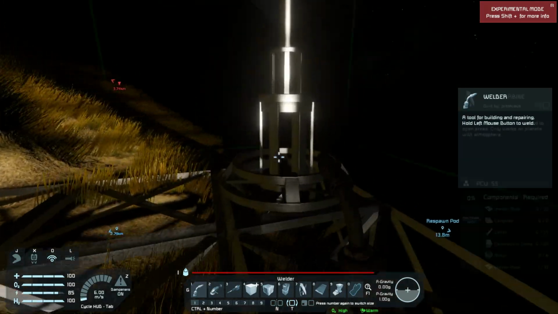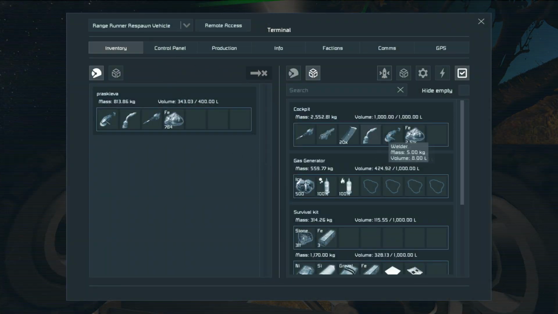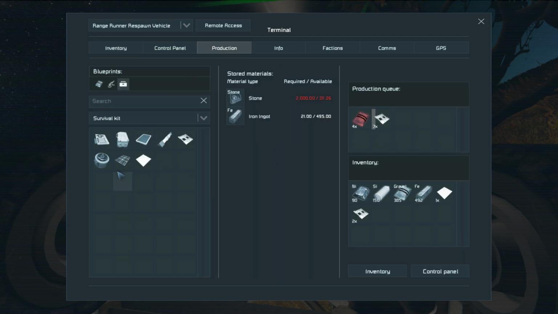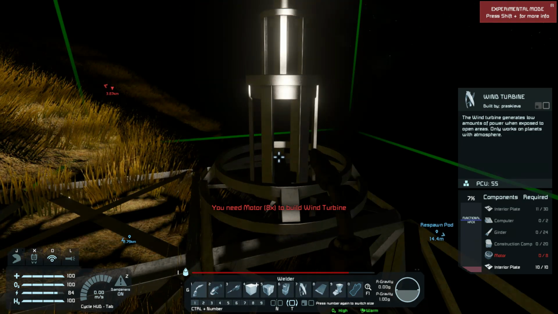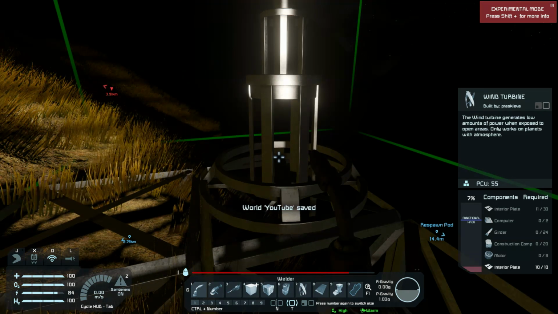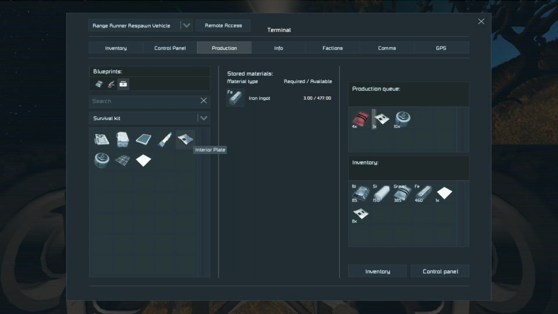Looks like we have plenty of... Let's get that going. Motors, though. Production... 10 motors? It only needs 8 motors. We'll make 10 because I can use the extras. Then 20 construction components. We need 10 more of those. Some of those. Some of those. Shouldn't really be building extras that I don't need, but...